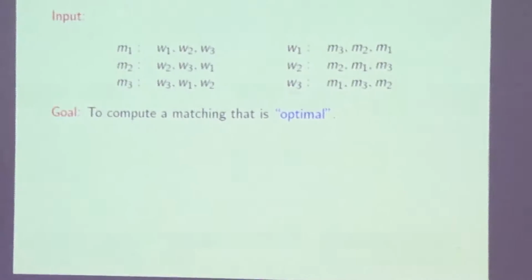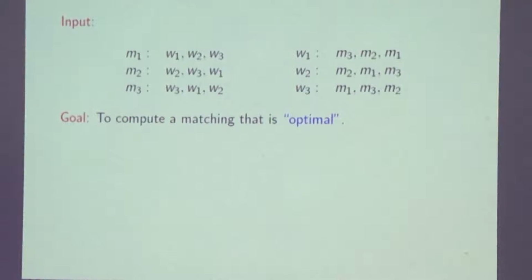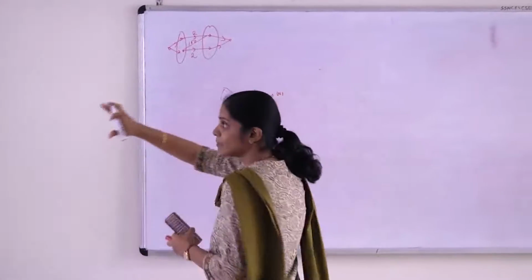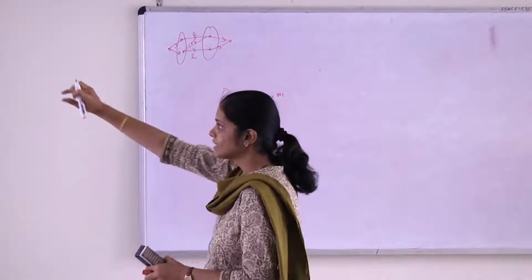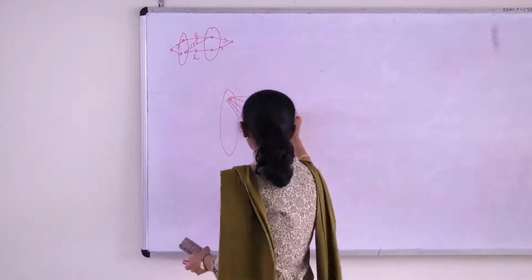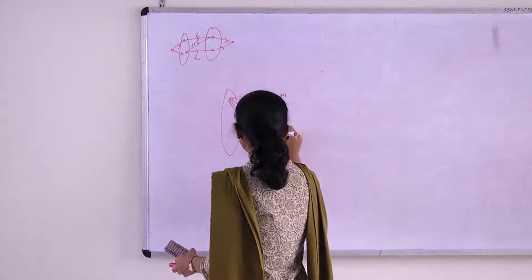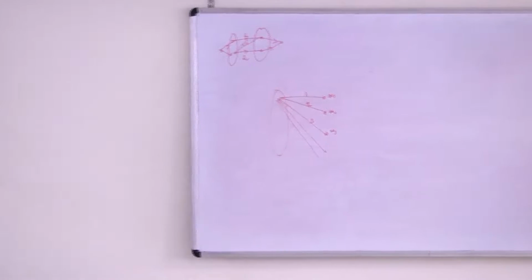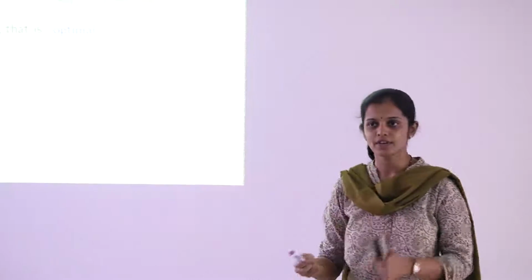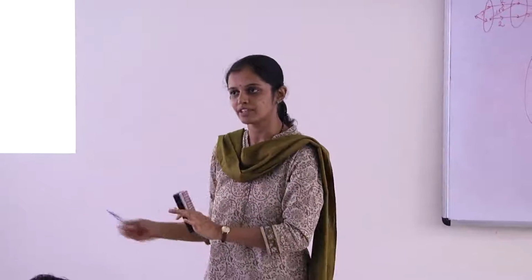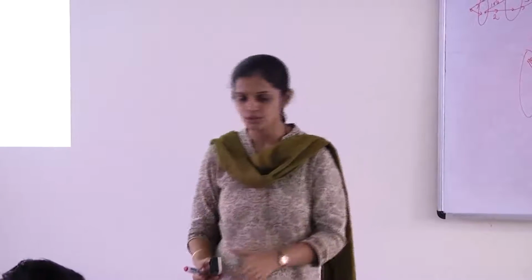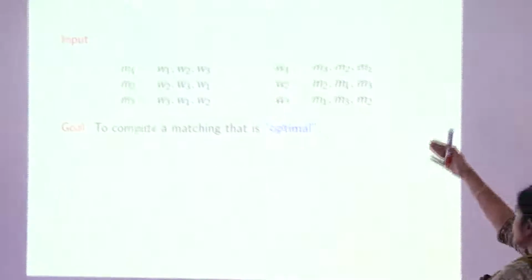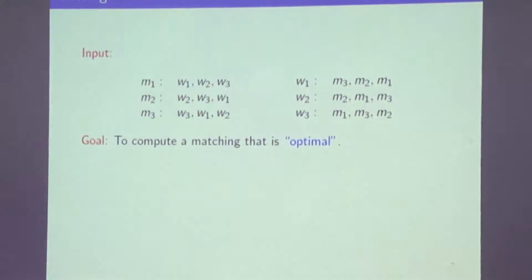So what I have shown here is a setting where there are just 3 men and 3 women, and what these lists read out is that man 1 likes W1 as his first choice, so that every man has a preference list. So man 1 says that he likes W1 as his first choice, W2 as his second choice, and W3 as his third choice. But this need not have any bearing on what man 2 likes. Man 2 may have a completely different preference list, just like two different students having two different preferences over the same set of colleges or courses. And in a similar manner, the courses or the colleges also have a completely different ranking criteria.